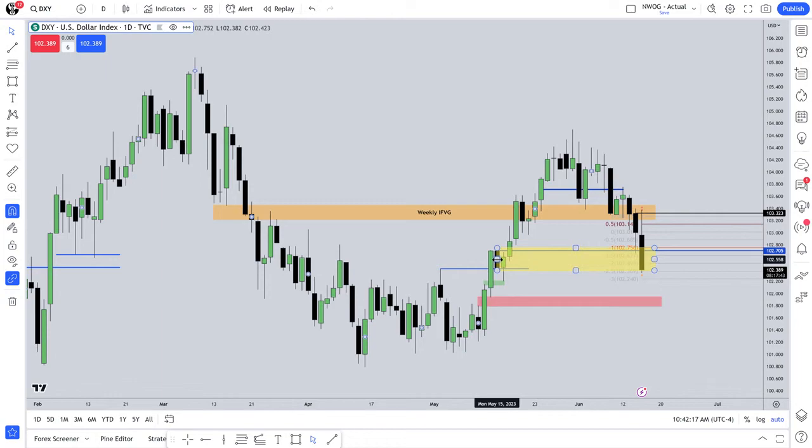But it's Friday, so I've already told you I don't want to hold anything over Friday into the weekend starting up on Sunday because of the gap risk that is available now because of everything that's been going on in the world. So anything can happen, and cause a major sentiment shift where we start trading from where we ended trading on Friday. So that gap risk is not something I'm comfortable with.